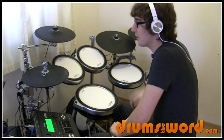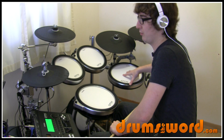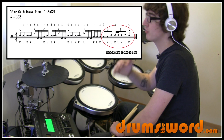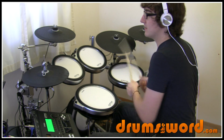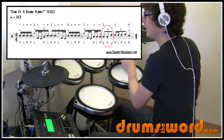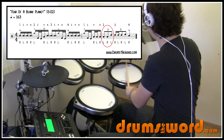Okay, so those 3 notes take us to beat 2 of bar 2, where we play 8th note triplets. Now, 8th note triplets, we have 3 notes per beat, so we're counting 2 triplet, 3 triplet, 4 for the last part of the drum fill. And what Gavin does is he starts the 2 triplet with the left hand, which is quite weird to feel. Left hand on the floor tom,